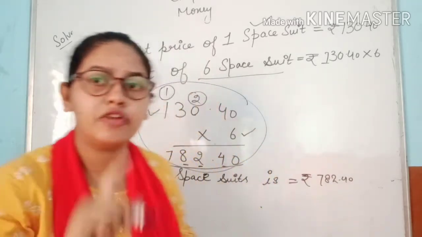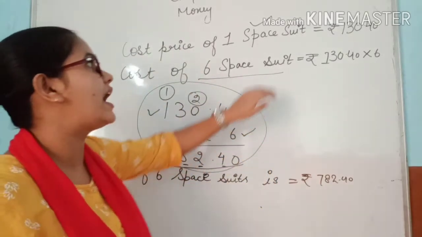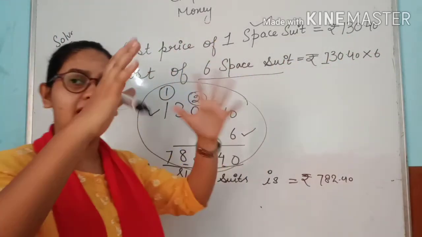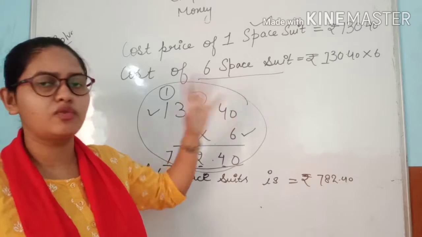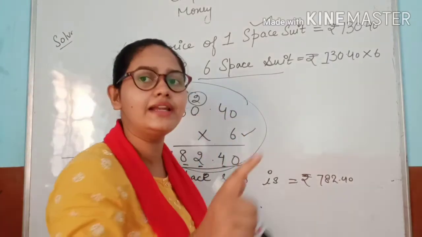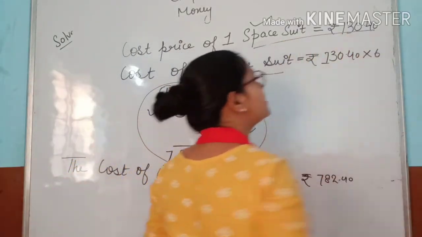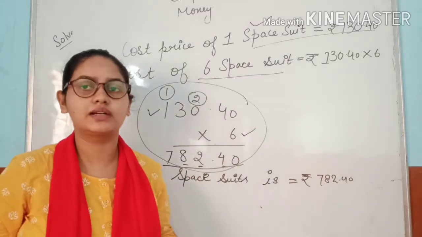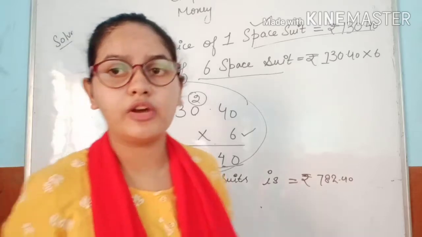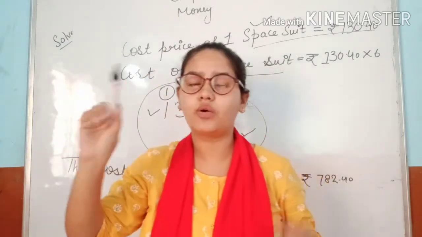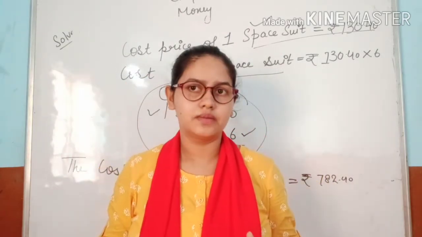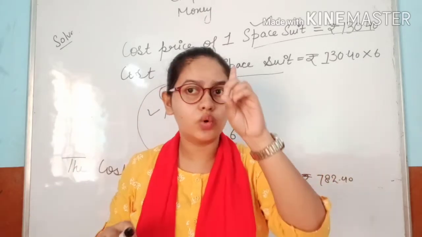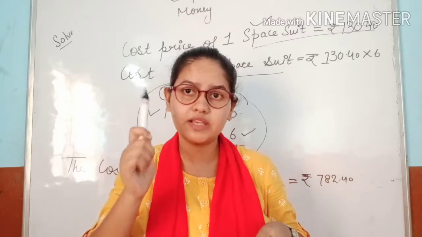As I said, when we have a multiplication where we have one cost price and we have to find the bigger number, which means 8, 9, 10 other suits, we will find it with the one cost price in the multiplication method. But when we have 8 number of things, the total cost price of 8 things, and we have to find only one cost price, that means the price of one piece.